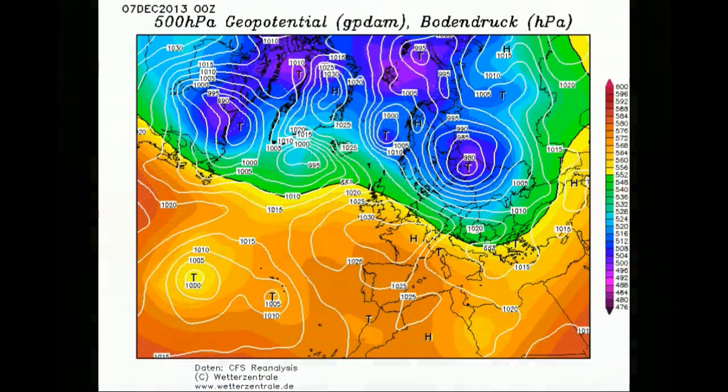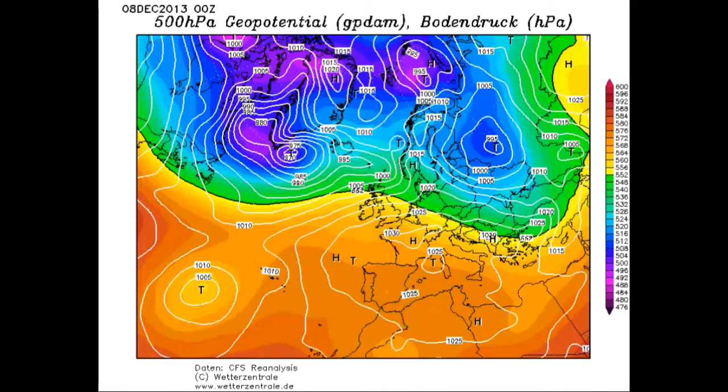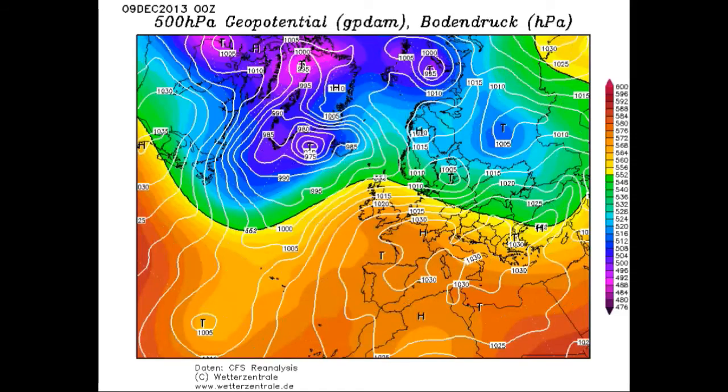But as we move into the 7th of December, that clears away, and we actually bring this high pressure back for a brief period of time. So it does bring a slight time to recover for those areas that did suffer. So that high pressure stays there as we go through the 8th and into the 9th and the 10th of